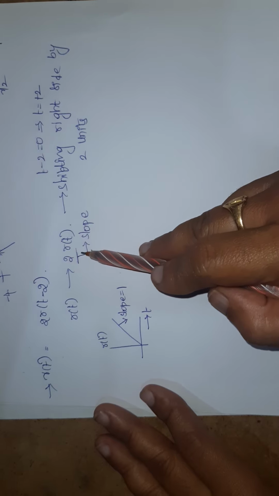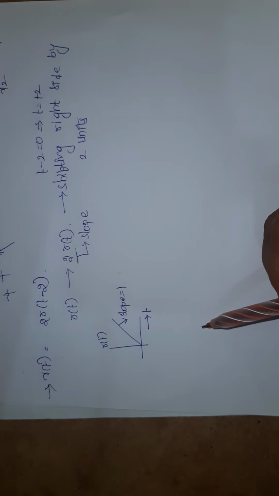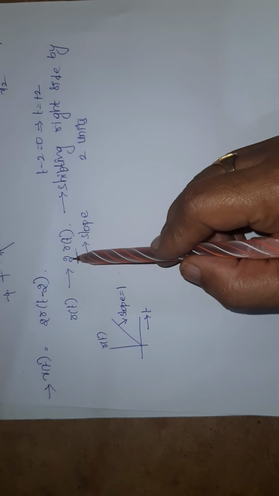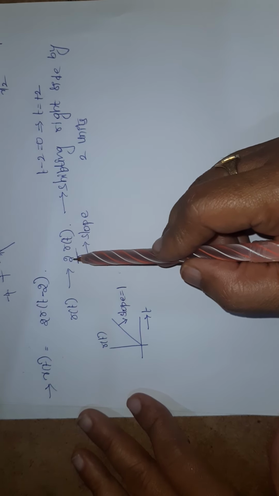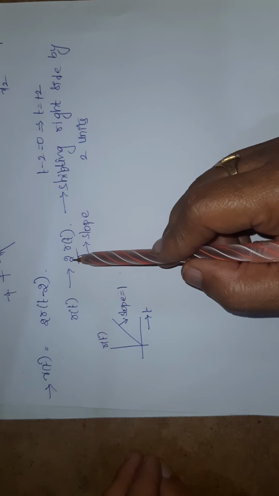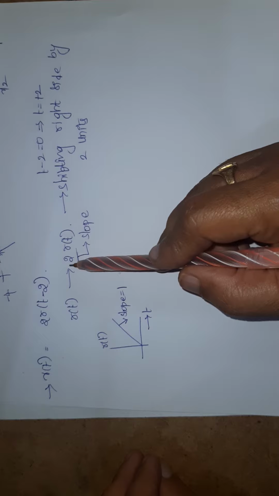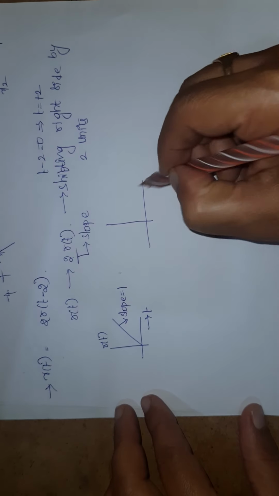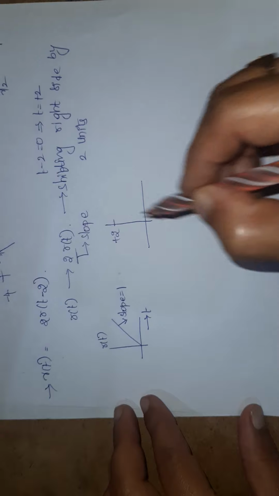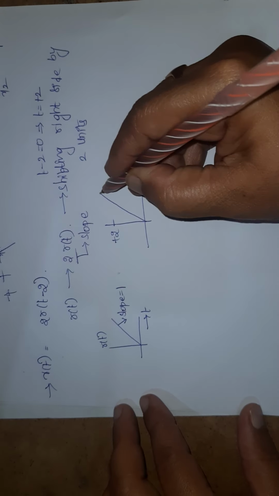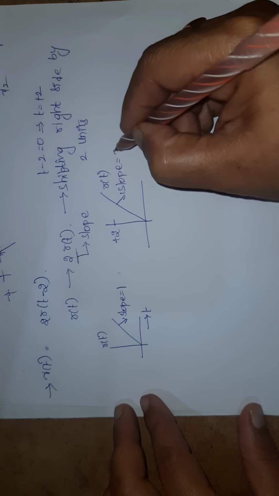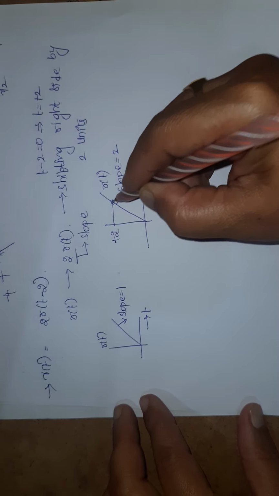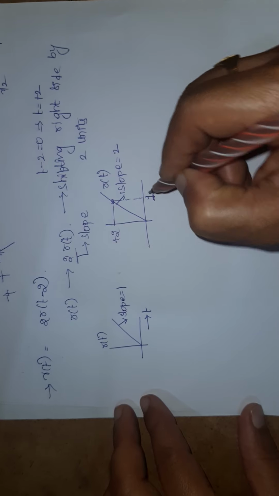So how to get plus 2 slope? I already told you, if we are having the value, that value should be considered as an amplitude. If we are having a plus value, we have to consider it as plus 2, and you have to draw this r of t, and it is having slope 2, and this corresponding value you have to consider always as 1.